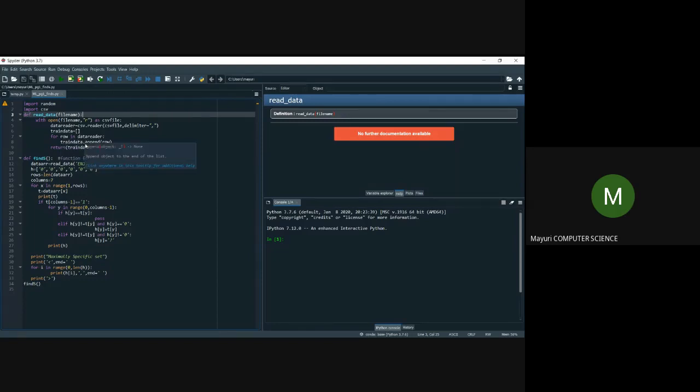Every row of my data set is going to be accessible because I have to compare each and every row with my hypothesis. So I have to somewhat make the things mutable, accessible. I am returning the training data out of this method. What is the method? The read data method. What happens in the read data method is I am just converting my CSV file values into mutable ones by providing them to the train data.